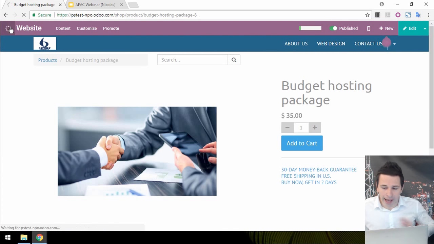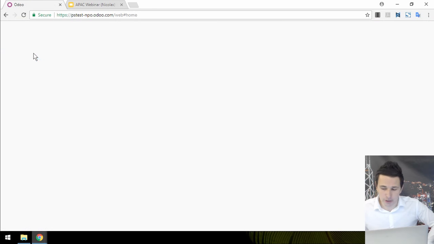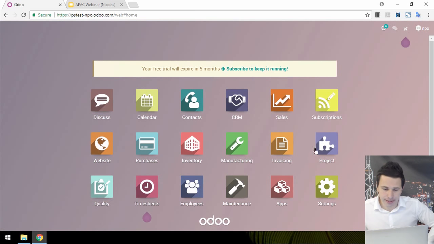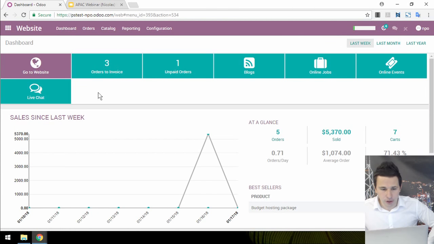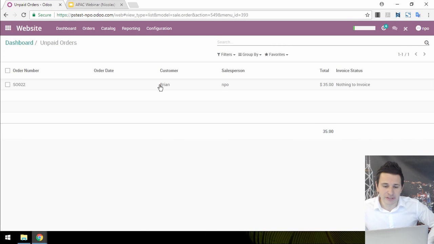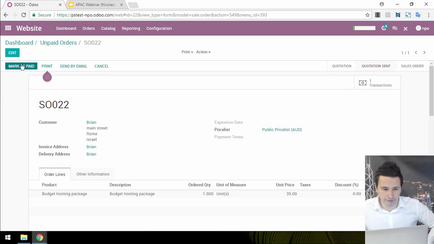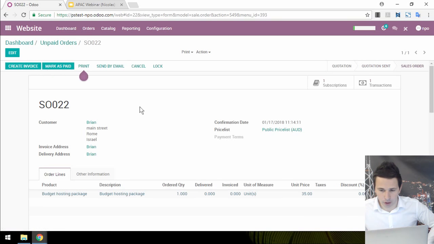As the person in charge of the e-commerce in Odoo, or in charge of sales as well, I can see the sales in the website here. So remember we were just here. I now have information about an unpaid order. So it's the one I just created. Again, if you use the whole process of payment online, everything will be automated, so it won't be an unpaid order. I can see that the customer is Brian,